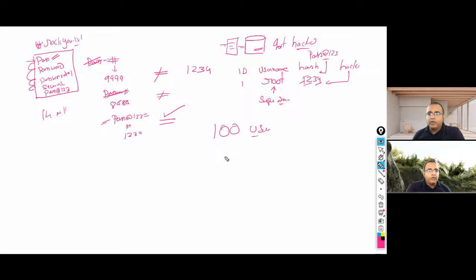Why? A lot of users may be using the same password, right? Let's say the admin root user is having 1234. There's one more user called John. We see that his hash value is also 1234. So based on this, I can tell even John is using the same password. So this is going to be very easy, right?